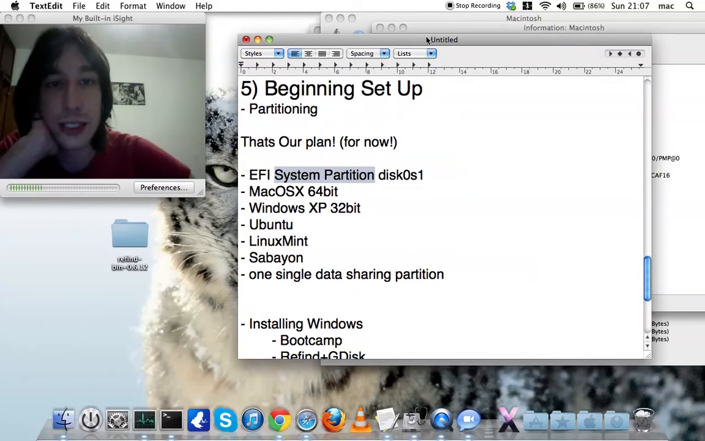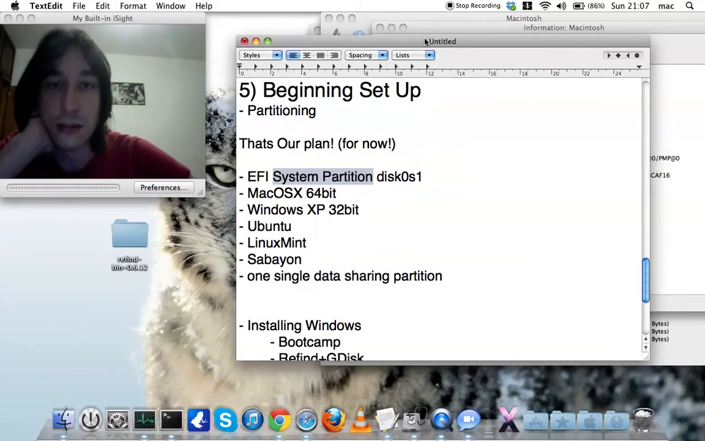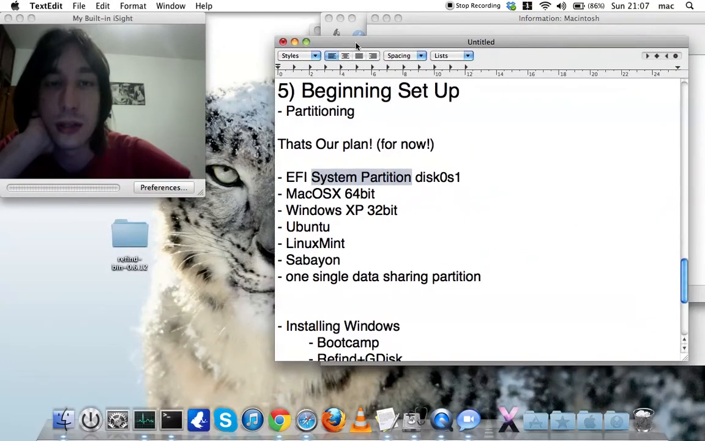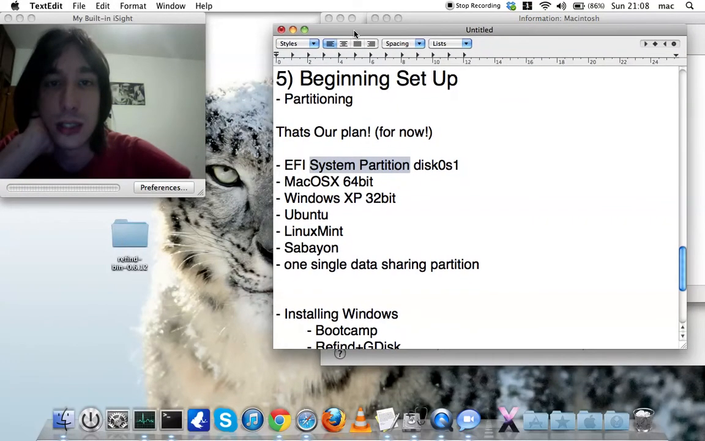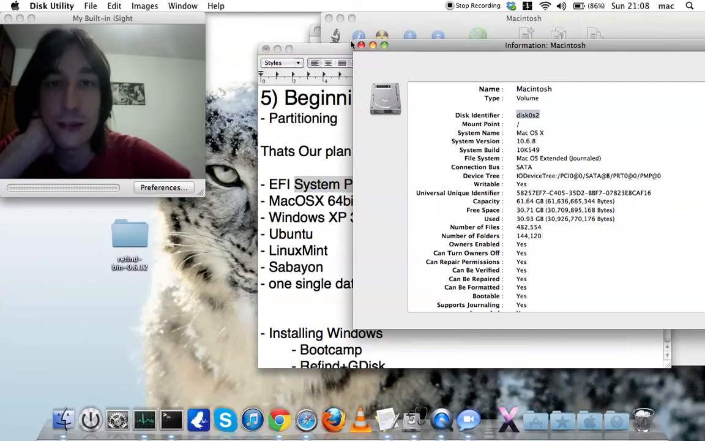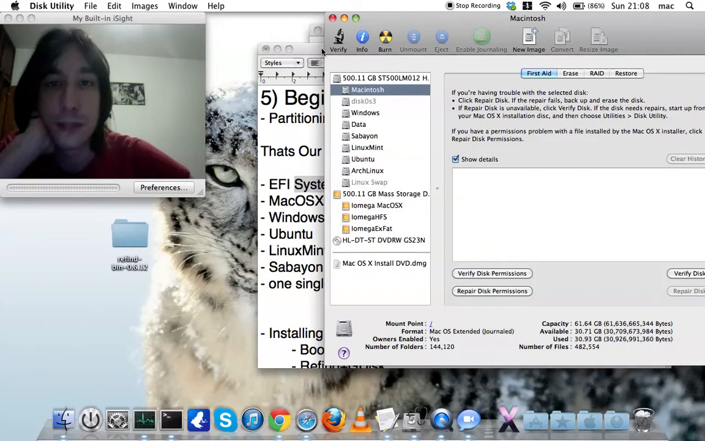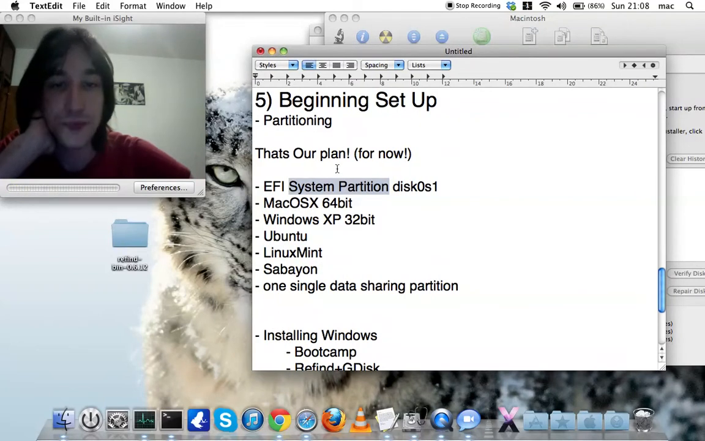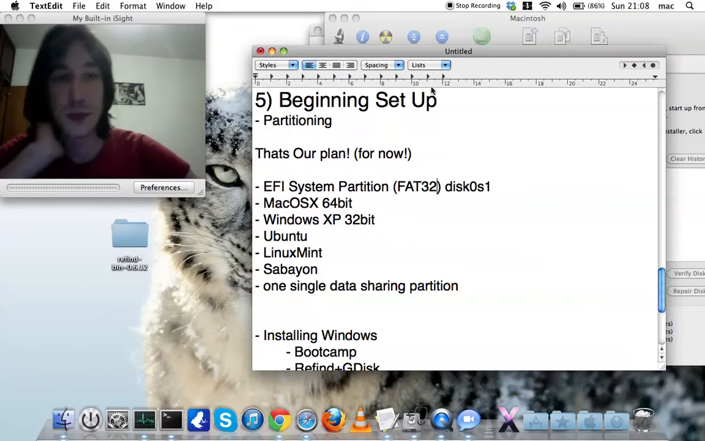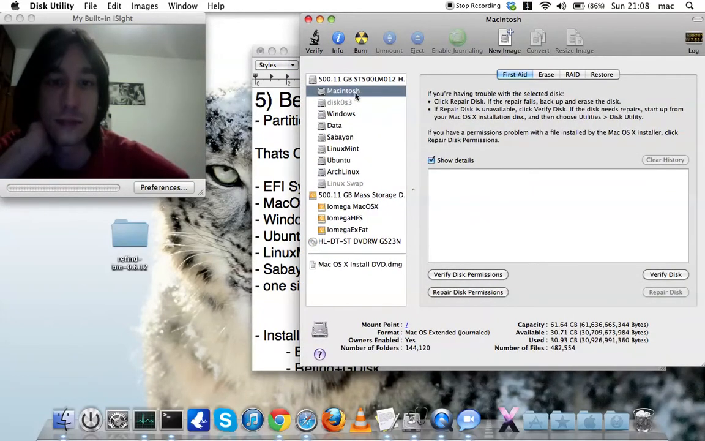macOS can't, not by conventional means, can't see, although it's formatted as FAT, okay. I can put that there, FAT32. That's if you come here,